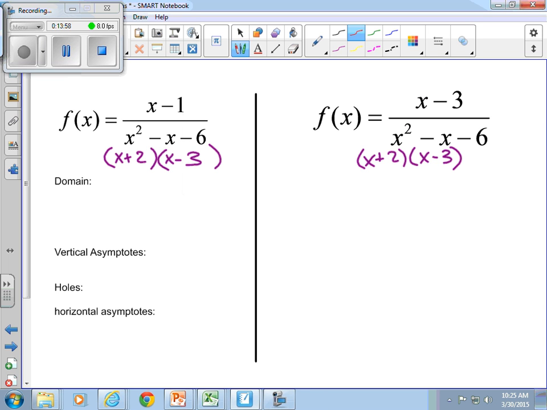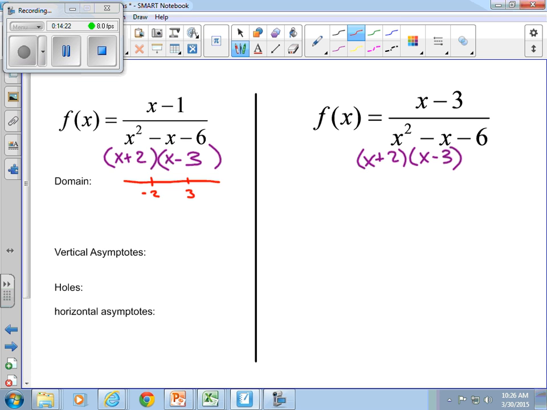So I know that x can't be -2 or 3. There are 2 different ways to write this, and you need to know both. One of those is interval notation. You're very familiar with it because I've been making you do it all year. The reason I work with you so much on that is because it's the harder of the 2 ways to write it. So the interval notation for the domain